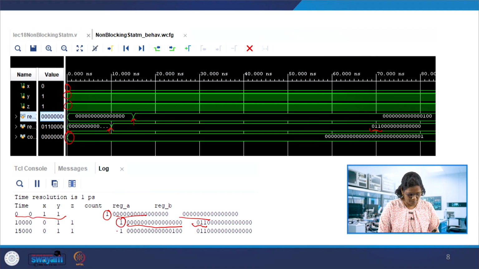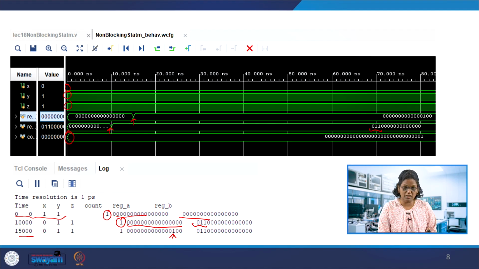The count is 1, and at 15 this value gets assigned over here, reg A. So you can see the difference in these assignments, the blocking and non-blocking assignments. So 10, this is at 15, and then after 10 that was at 25.